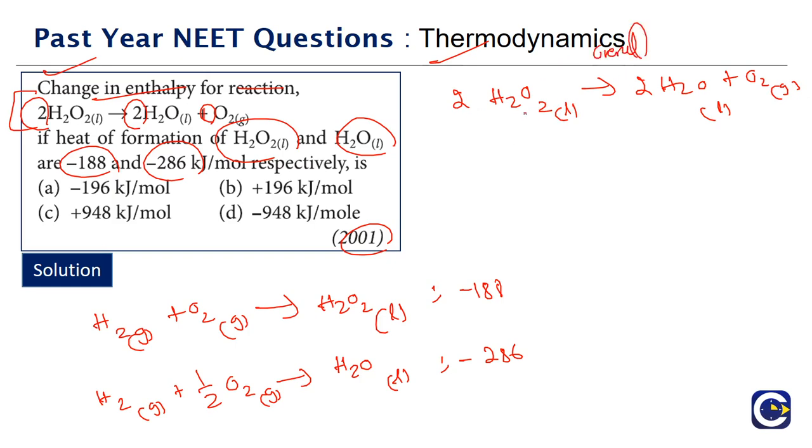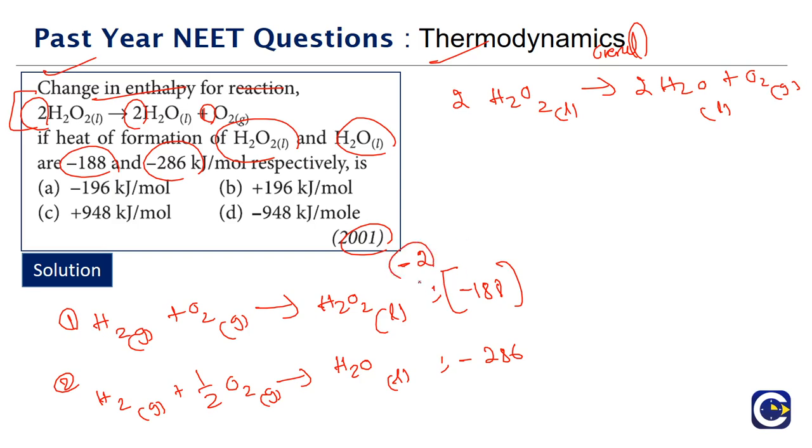In the overall reaction, we have H2O2, 2 moles, on the reactant side. H2O2 is in equation 1, let us number them as 1 and 2. In equation 1, H2O2 is on the product side, and only 1 mole is there. So what must happen? We must first reverse the equation 1 and multiply by 2. Reversing means the enthalpy will become negative, and multiplying the equation by 2 means the enthalpy also will be multiplied by the same factor 2.